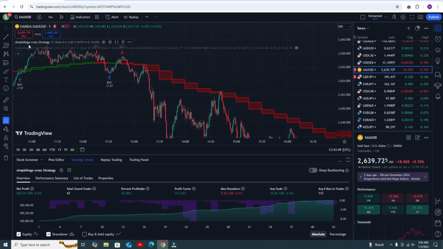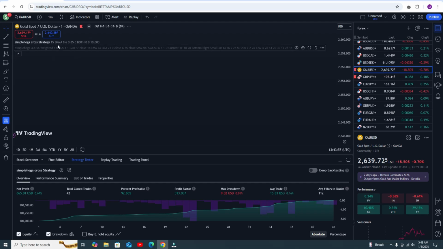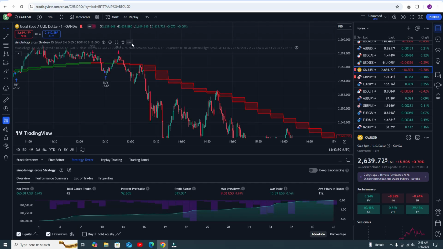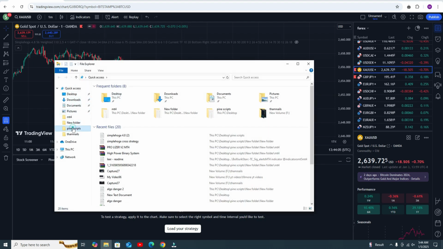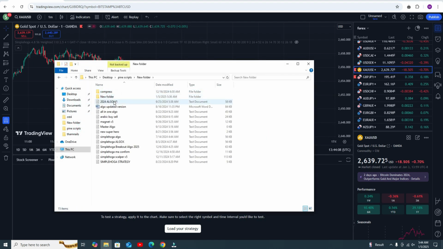We need to use the first indicator and move step by step. First, we add the first indicator. These are my Pine scripts, and this is the script, the cross strategy.